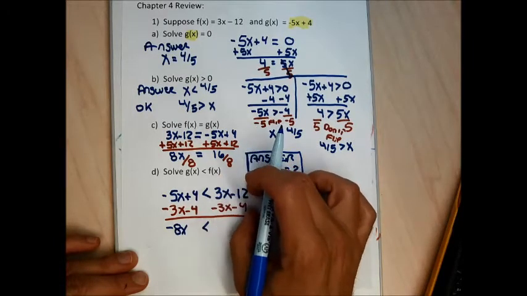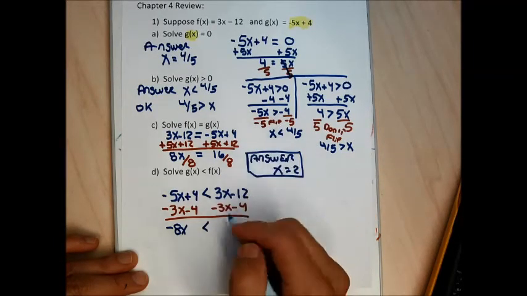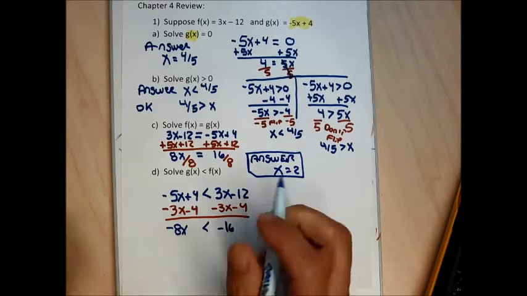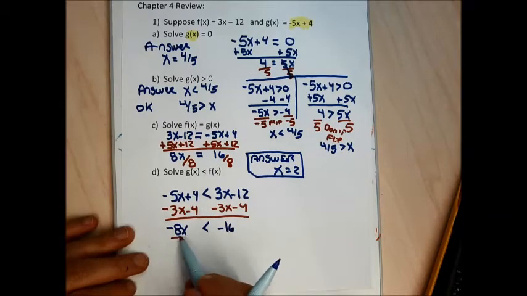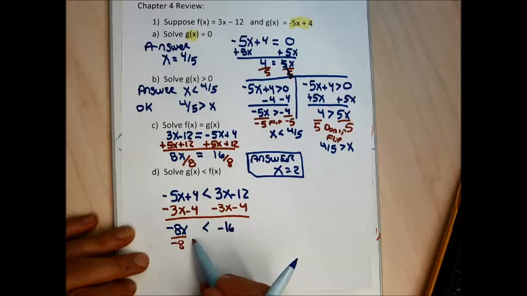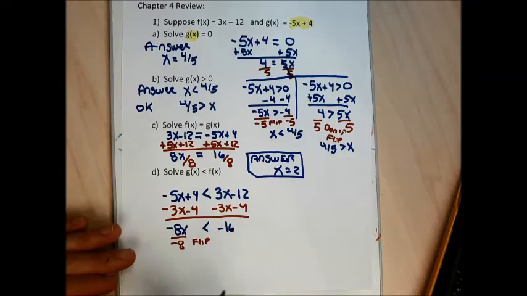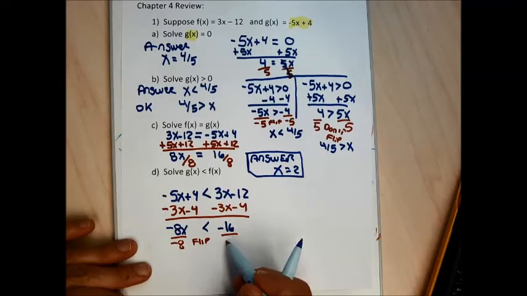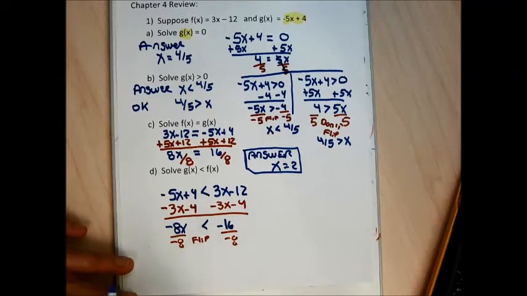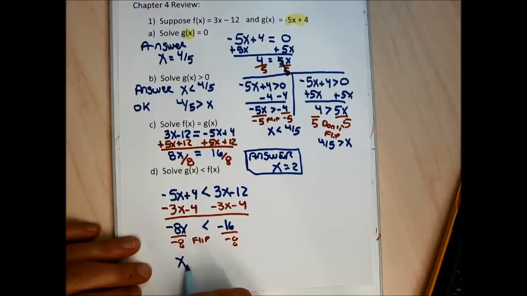The 3x's cancel. On the right side, minus 12 minus 4 is minus 16. Now I'm going to divide both sides by negative 8. When I divide by a negative, I need to flip. And I'd get a completely okay answer of x is greater than 2. And that's the same as 2 is less than x, because in both of these, the open end's pointing towards the x, the pointy end's